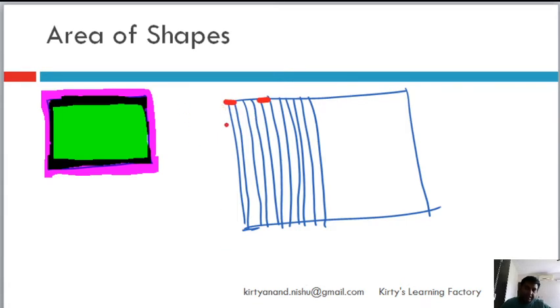And the length is what? Let's say the side of the square is A, and this will be multiple small segments of A only. In the end it will all come together. If you add all these small breadths, all these strips, after adding you will see that it comes to A, because it's a square.